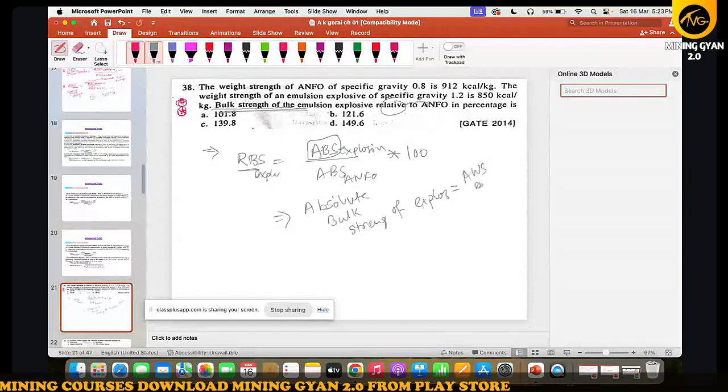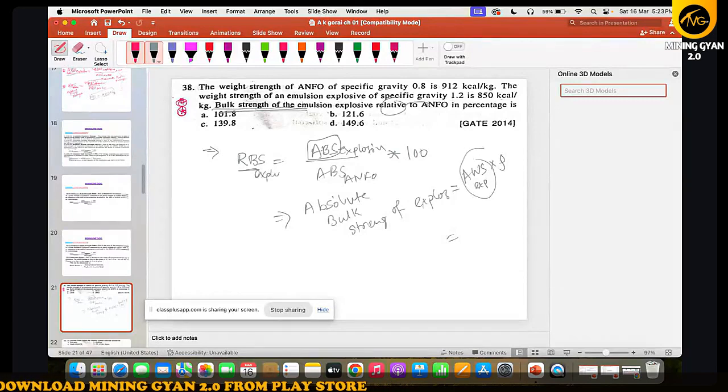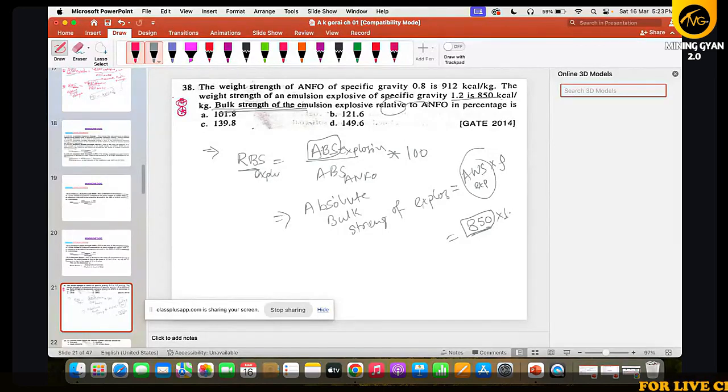AWS एक्सप्लोजिव इनटू डेंसिटी। तो AWS तो एक्सप्लोजिव का दिया है, ये रहा, 850 दिया है, एंड डेंसिटी इज आल्सो गिवन। डेंसिटी कितना किया है? तो 1.2।